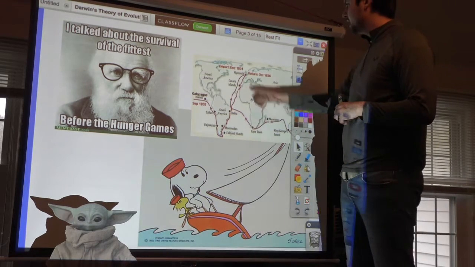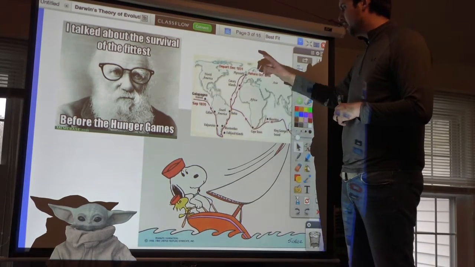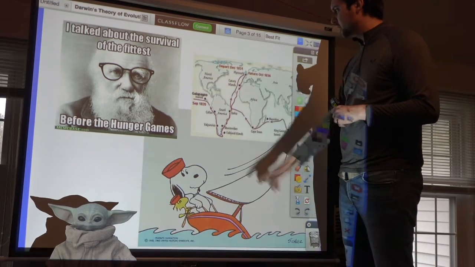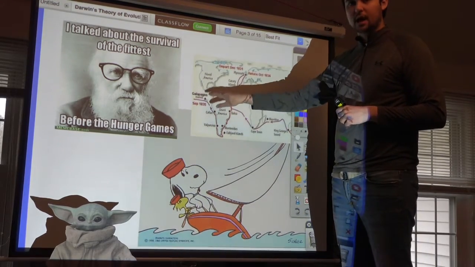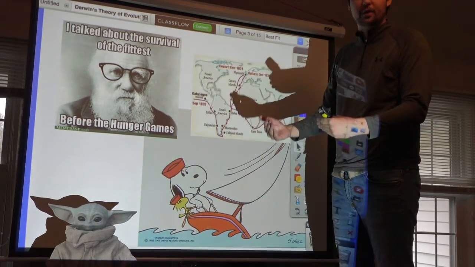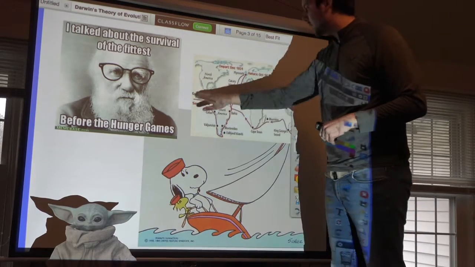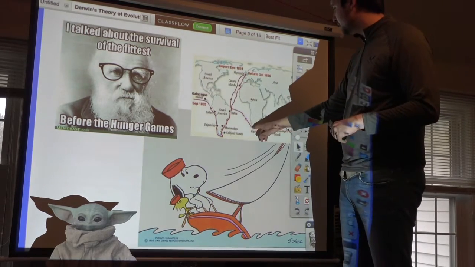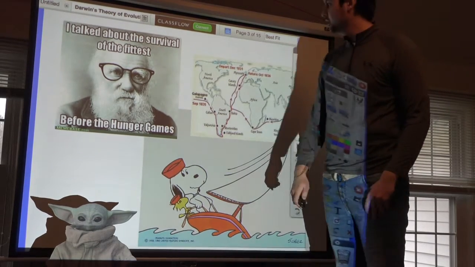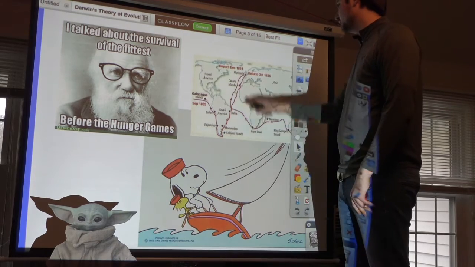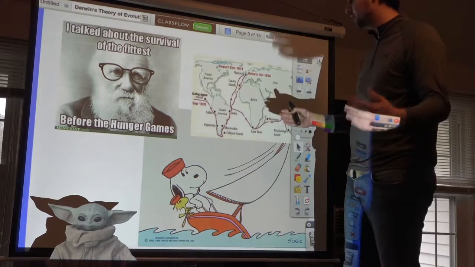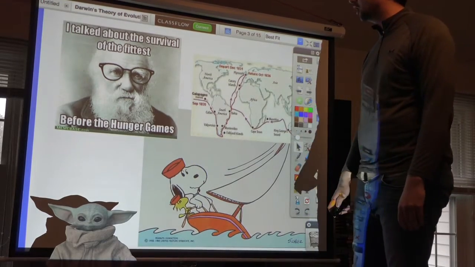And so he left in December of 1831, and he traveled around the world, literally. So he came down the tip of South America and stopped in the Galapagos. That's where he did a lot of his research, and a lot of the evidence to support his theory came from the Galapagos Islands. He came back down the tip of Africa and eventually made his way back to Plymouth, where he originally departed. So 1831 he departed, 1836 he returned. So this is a very, very long voyage, a very long journey.